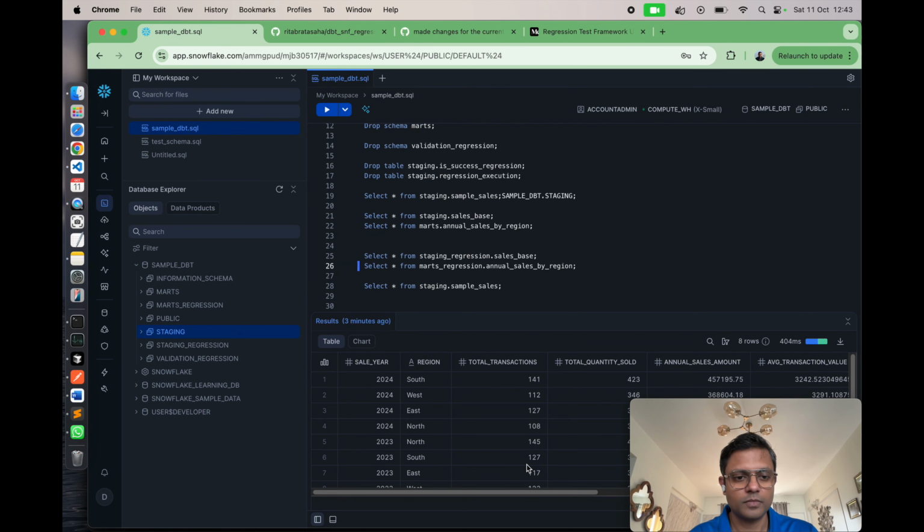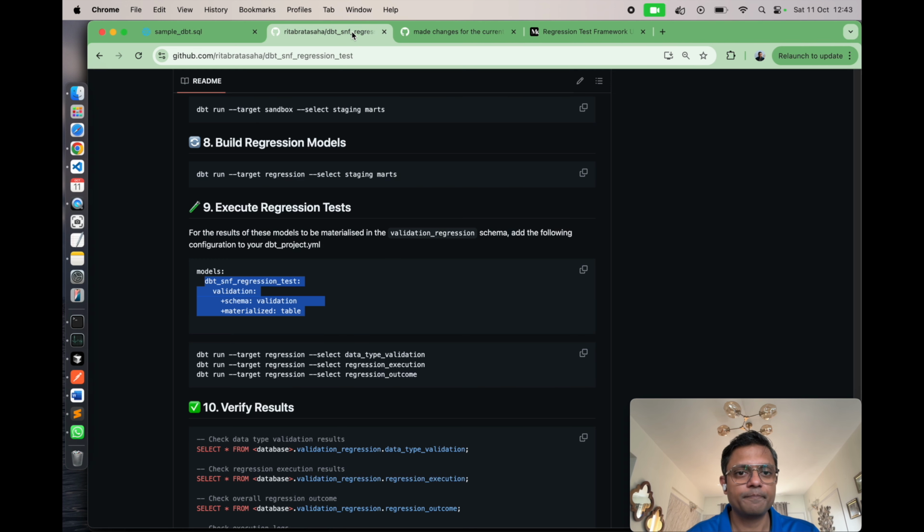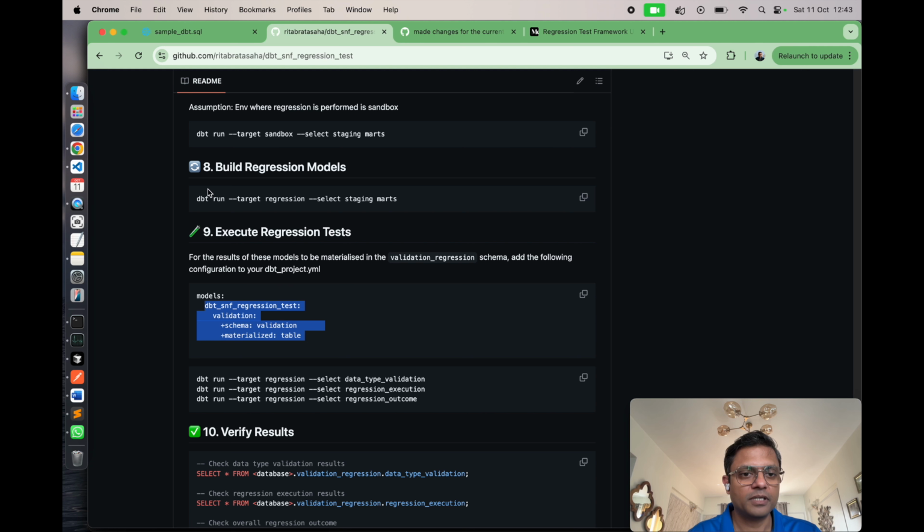Next. Okay. So we have the data in our staging_regression and the marts_regression model. Let's move over to the next step. The next step is going to take us to the execution of the DBT tests. Now, before I run the regression tests, I need to ensure that the new models,